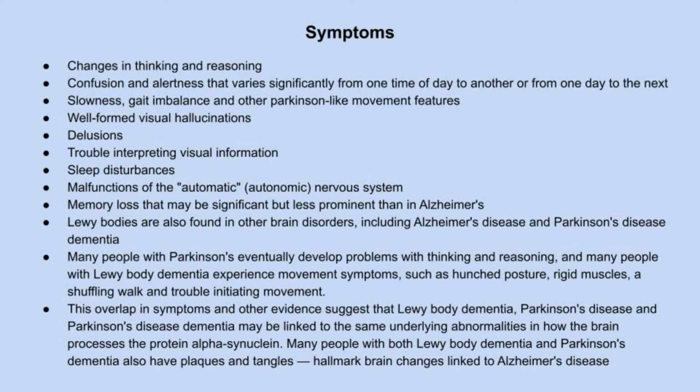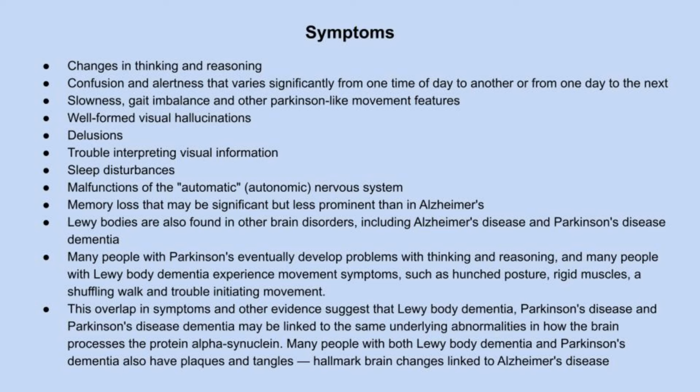There can be slowness, gait imbalance, and other even Parkinson-like movement features, very well-formed visual hallucinations, delusions, trouble interpreting visual information, sleep disturbances, malfunctions of the autonomic nervous system, memory loss that may be significant but less prominent than in Alzheimer's. Lewy bodies are also found in other brain disorders, so they can be found in Alzheimer's disease and especially